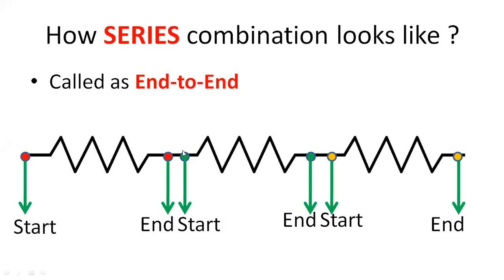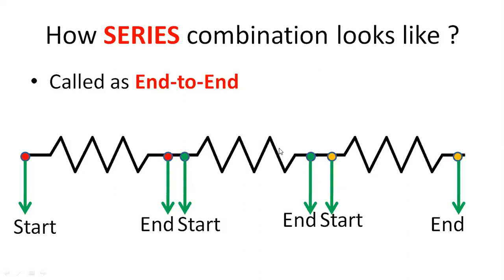So this is nothing but what is called series combination, in which we are connecting one end to another. If we connect one end to another, it is called series combination. Matlab, all you have to do is connect one end to another start. That's it. Okay? If you combine anyone's end with the starting point of another resistor, it is called a series combination. Basically it means एक के बाद एक connection करना, series. It happens in series. So in short, series combination basically means combination of resistances one after the other.